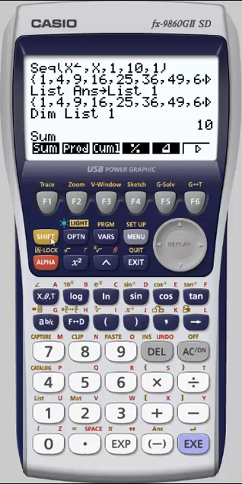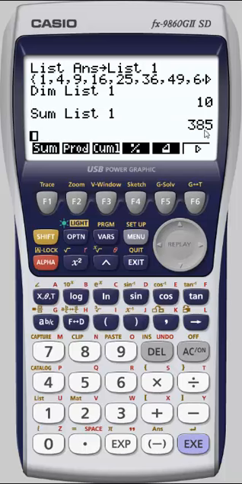Sum list 1. Now because list keyword is no longer on the screen, I'm going to use Shift and the number 1 down here to pull up the keyword from above the number 1. And this should look familiar because it's the exact same pattern we summed earlier. Pressing exit once again gets you out of a menu. If you're ever in a menu you don't want to be in, just keep hitting exit.